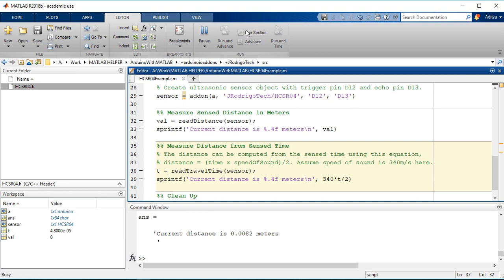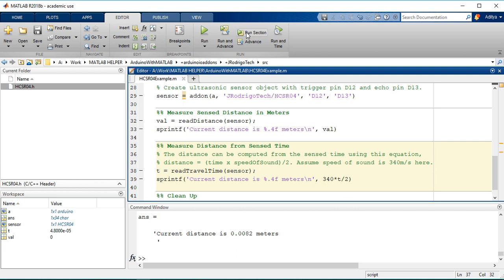So again it says 0.82 meters. Now let me run the section. Now it says 0.87 meters. Now let me decrease the distance. It says 0.77 meters. Let me decrease it more. It says 0.82. I'm running the section again, and you can see the distance is changing.